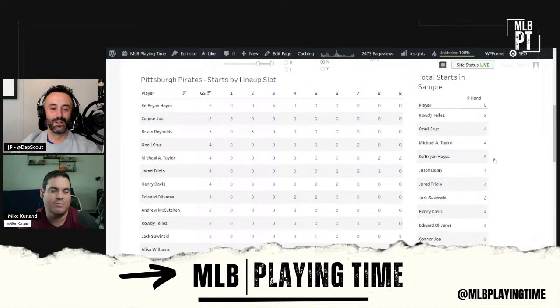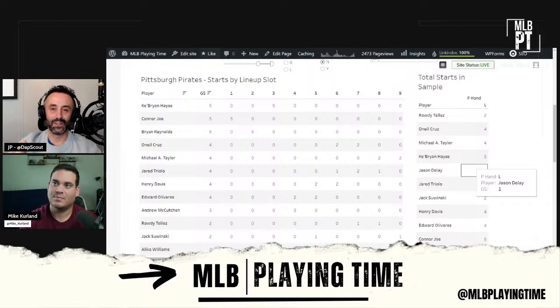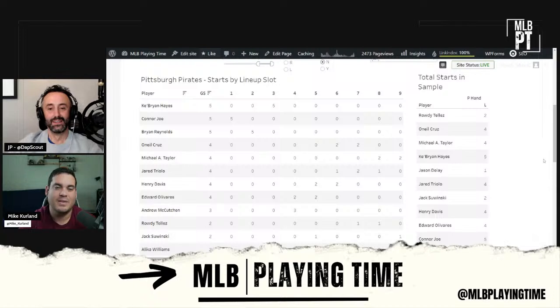Well, that's interesting, the Sawinski thing, because somebody asked on Twitter whether they should drop Sawinski for one of the other Pirates players, because he's only played 1 game, and they thought that maybe he stinks. And it's not that at all. It's because of what you just said. They were overloaded on lefties. So it's absolutely not the time to jump ship on a Sawinski type because of one game. It goes back to understanding that there's context behind these things.